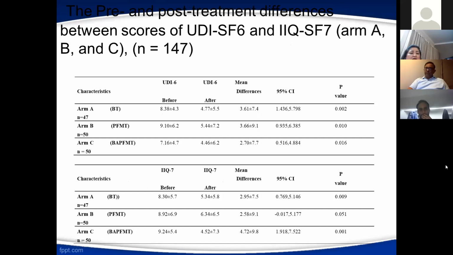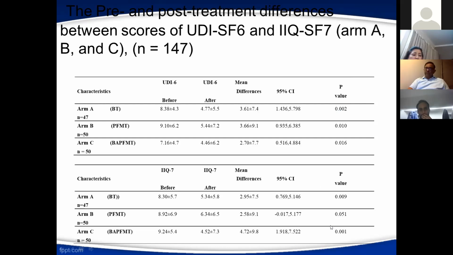This is the paired t-test, which showed... we used the Urogenital Distress Inventory short form and the Incontinence Impact Questionnaire short form 7 for all these arms, and the study continued for a good 3 years with 47 follow-ups in arm A, which is just restricted to bladder training with good bladder habits, and B and C had 50 in each. If you look at the p-value, it shows a marked reduction in the Urogenital Distress Inventory scores before and after treatment, and IIQ-7. So it means that